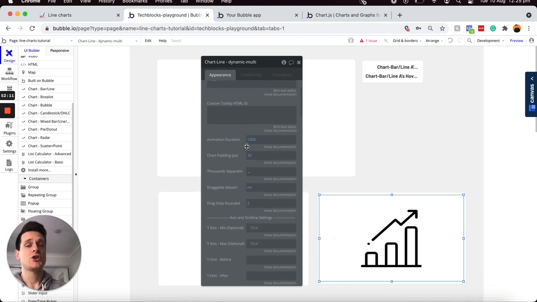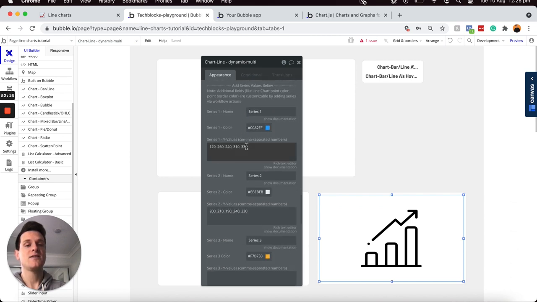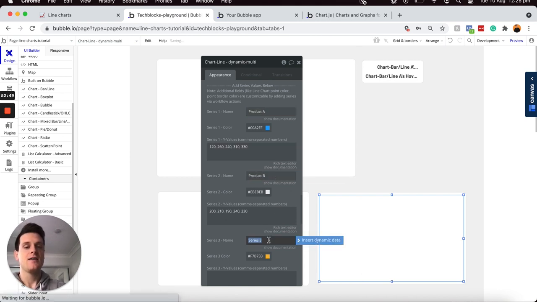But what I'm interested in showing you in more detail is how we can now scroll on down to our Y series values and display the dynamic revenue that we've stored for each individual product within our database. So instead of just adding in one dynamic value on our Y series, what I'd like to do is add in 3 different values. There'll be product A, product B, and product C. So I'm going to start by updating the name of the series. So series 1 will be called product A, series 2 will be product B, and then finally series 3 will